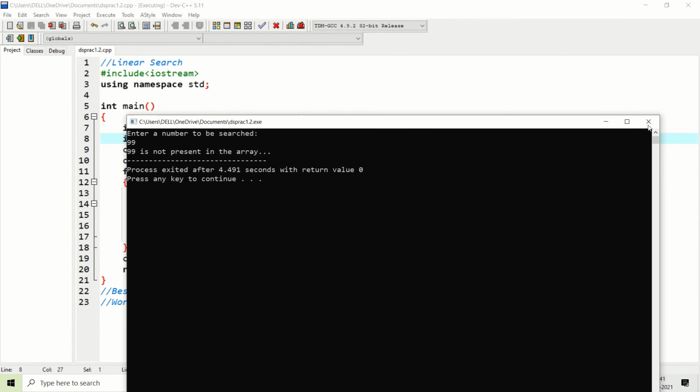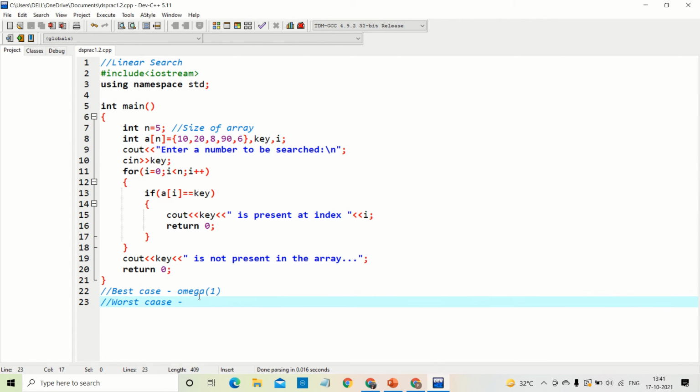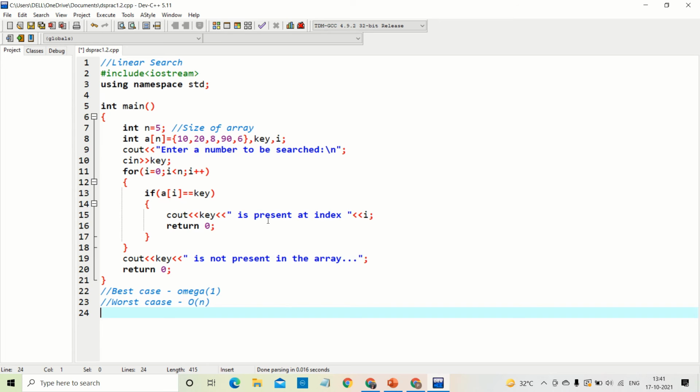So in such a case, the worst case will be denoted by symbol big O, or O of n. Now why am I writing n? As I already discussed, n times we have to compare every time when there is the worst case. मतलब जब value last position पे है या जब value present नहीं है array में, तो हमें n number of comparisons करने पड़ेंगे. So if there are 100 values, if there are 200 values, 500, उतने comparisons हमें हर बार करने पड़ेंगे in this particular program.